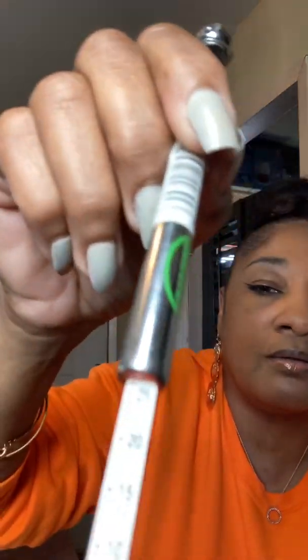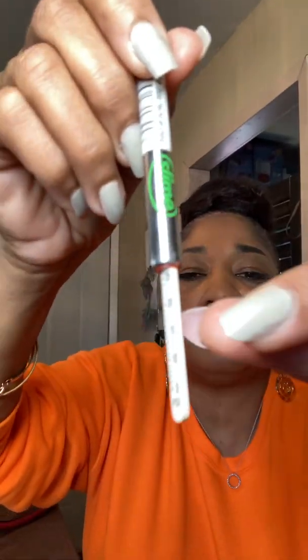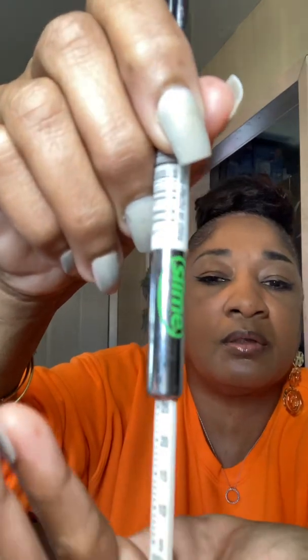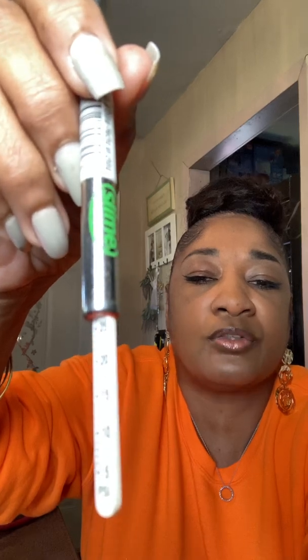These right here. See if I can get this to focus, you guys. It's going to tell you, I don't know. Okay. Those are the tire pressure numbers. Now this part right here, when you get ready to check your tire, you have to screw the little